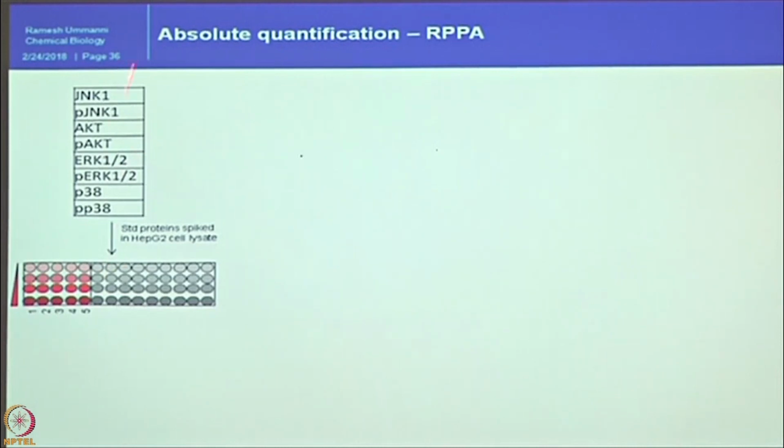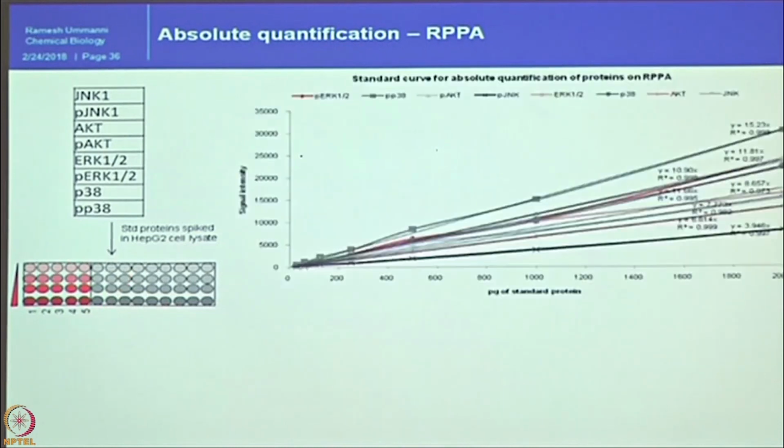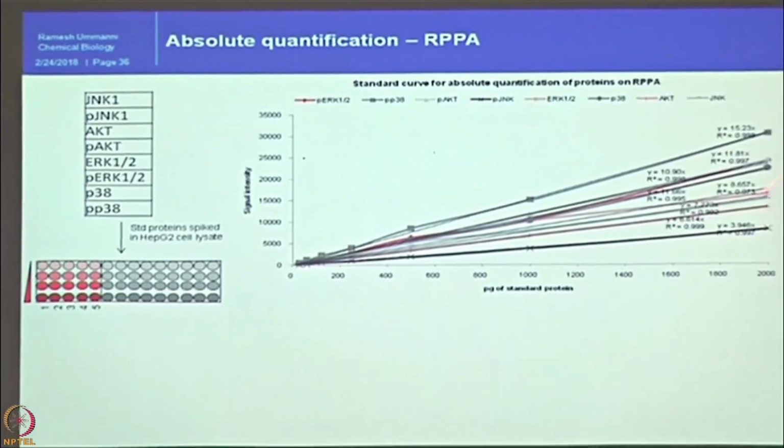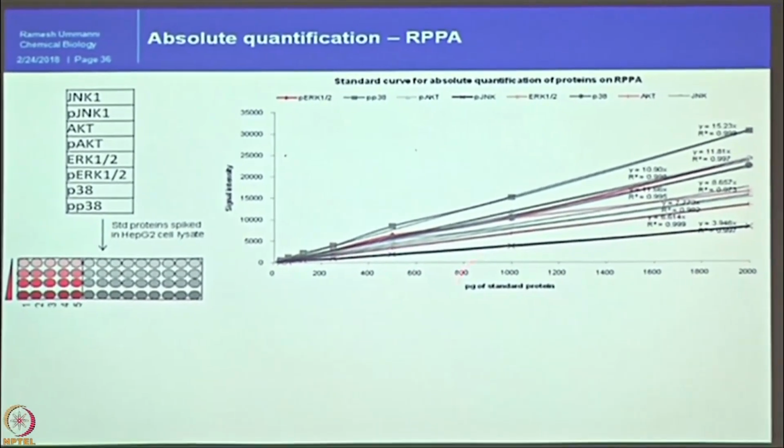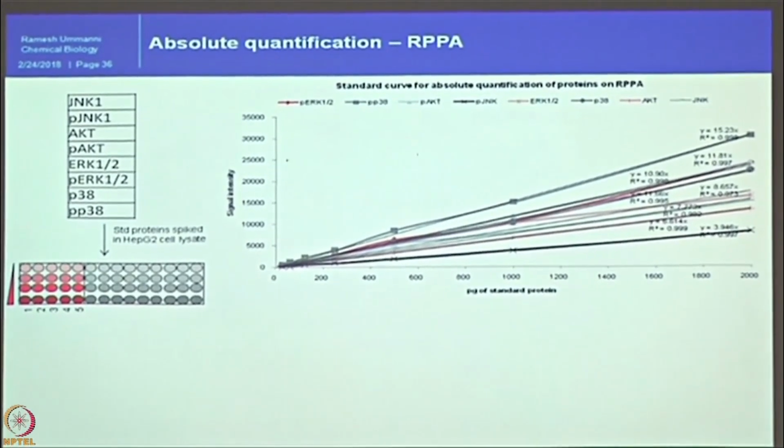So what we did is we expressed the targets of interest, in this case JNK, AKT, ERK, and P38, expressed, purified, and in vitro phosphorylated for protein modifications using the specific kinases. And those phosphorylated proteins we spotted in a concentration dependent manner, and then later on we did the assays, and we can show that for phosphorylated proteins and unphosphorylated protein detection, the linearity range is above 0.9, and then we